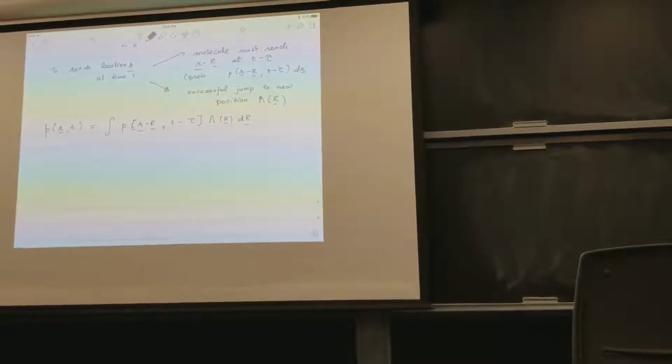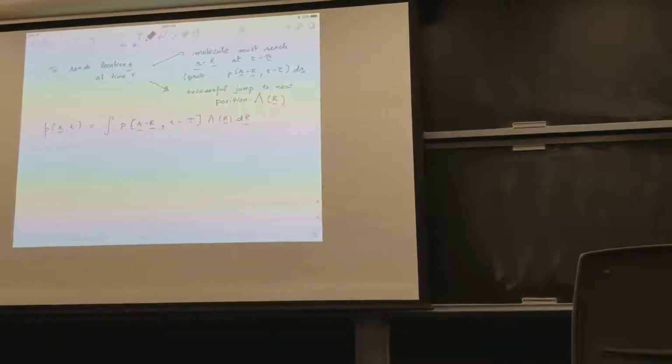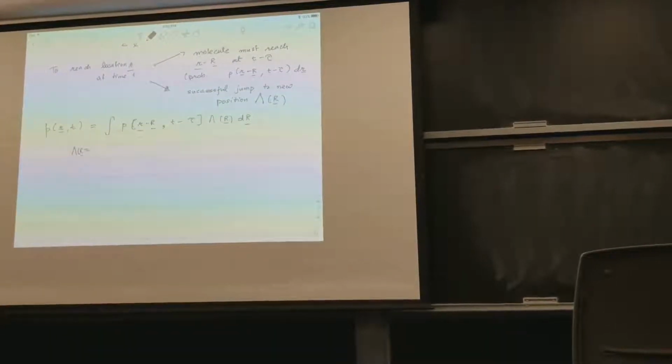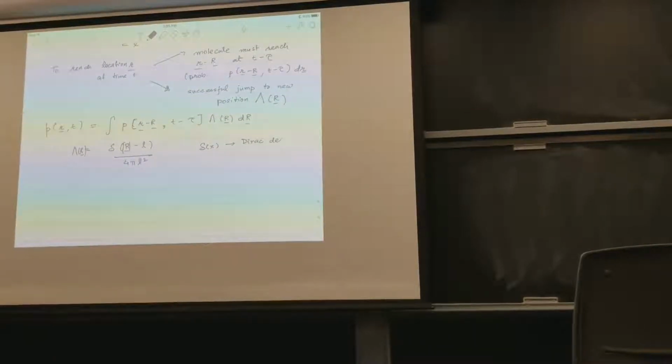Yes? What is that you have next to the capital R? Let me write it more cleanly. It's capital lambda. Okay. So that's the successful jump probability, and this is defined to be equal to delta of magnitude of R minus L over 4 pi L squared, where you're using the definition of the Dirac delta function,